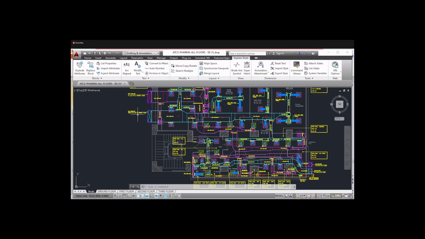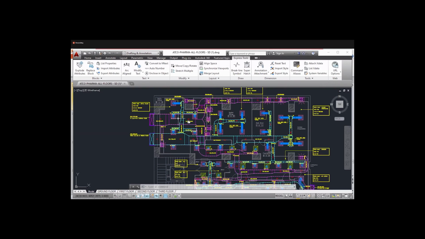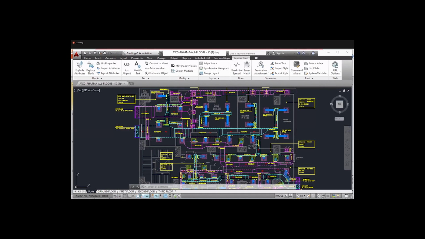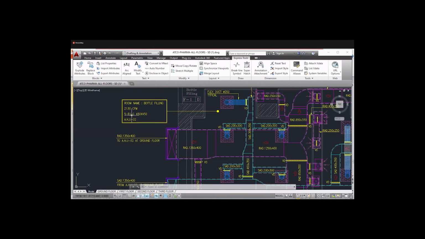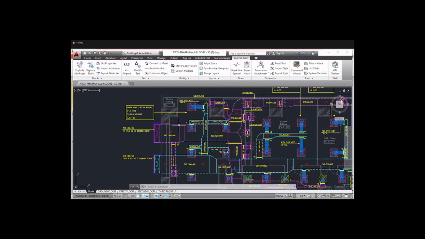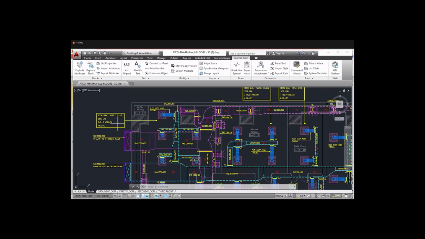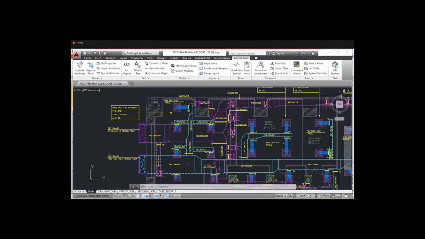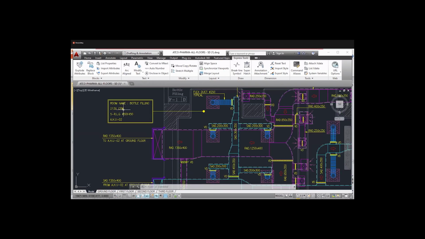Now we have to see the total CFM. What is the total CFM of the AHU? As per the heat load calculation we have done, we have described the total CFM, room name, grills, and AHU, showing which AHU is supplying to which room.